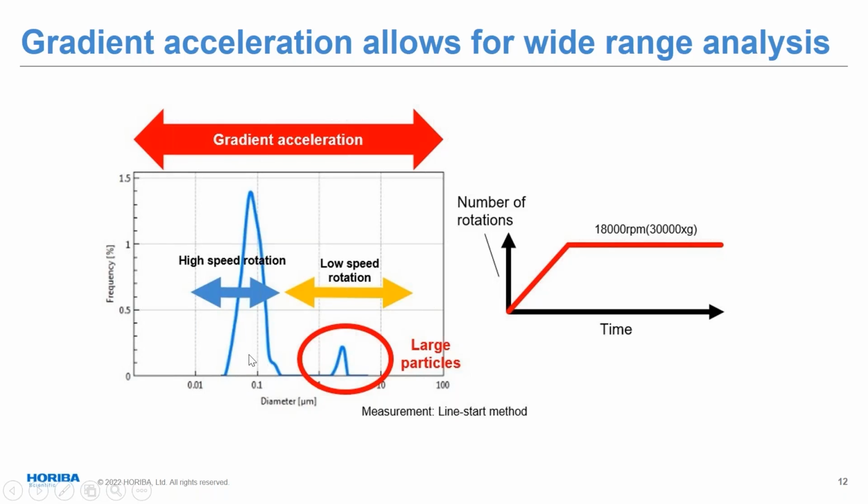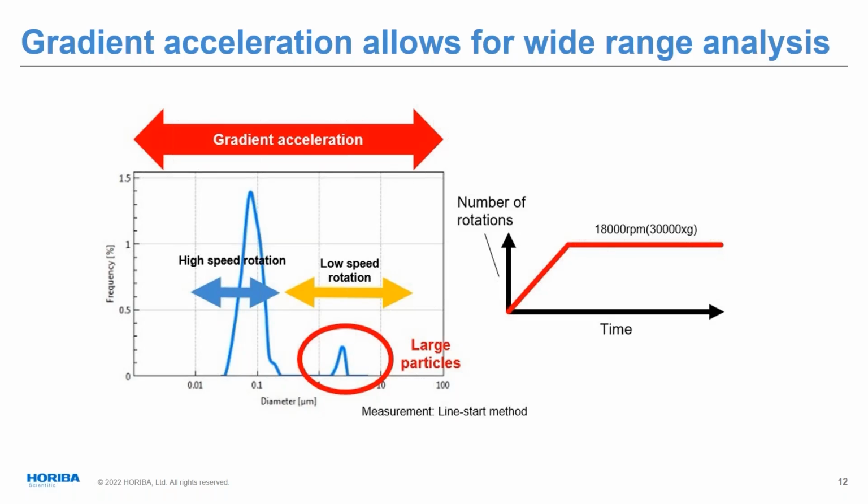So what you do is you start out and essentially ramp up your speed. You can see on the right there, first the large particles come out as you're ramping up. Then it keeps going up to 18,000 RPMs, and now your smaller peak will show up and we can measure that. The problem you're going to have if you say, oh, well, I'll just be smart and go ahead and do 18,000 RPMs at the beginning,